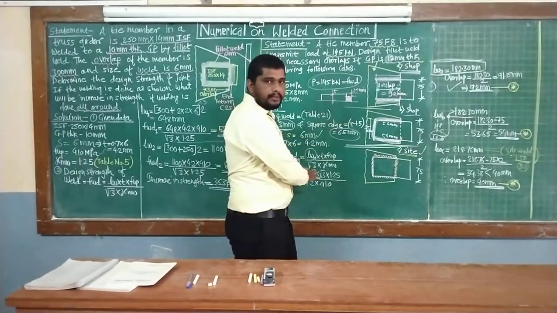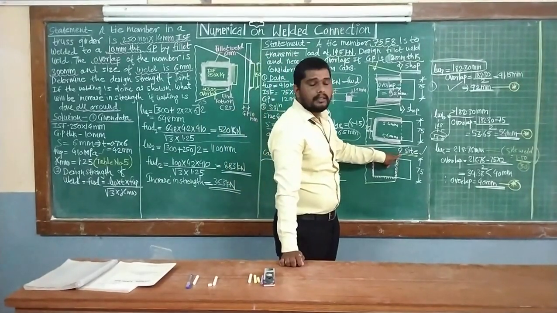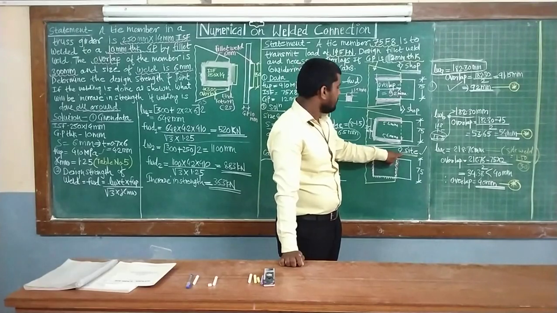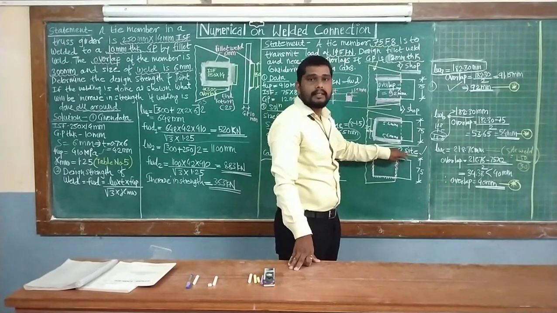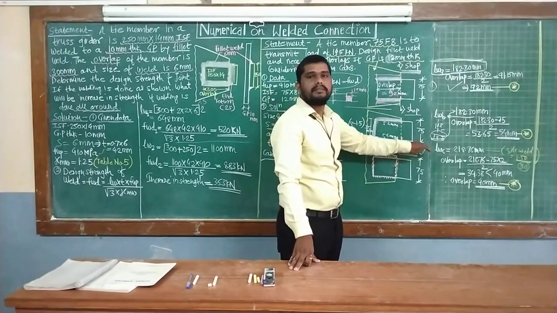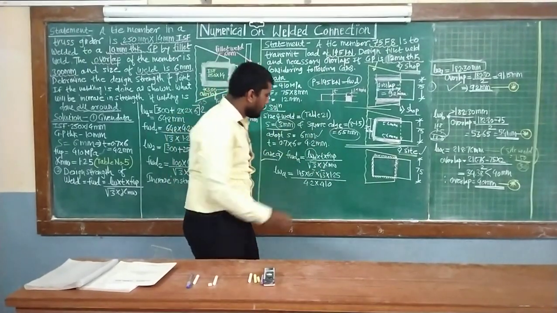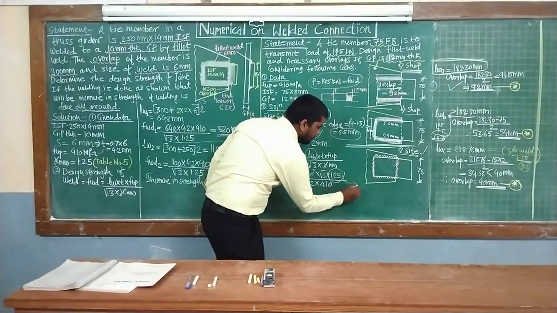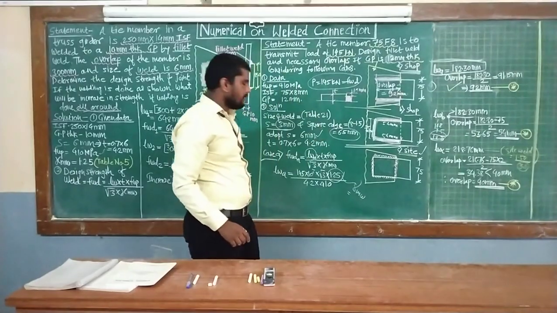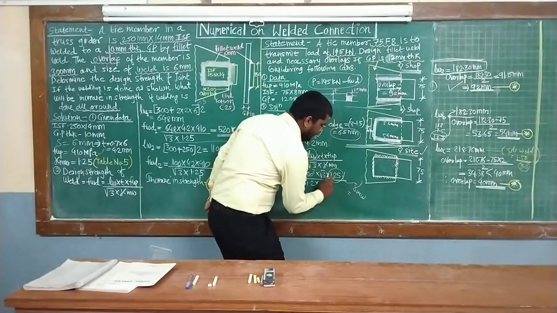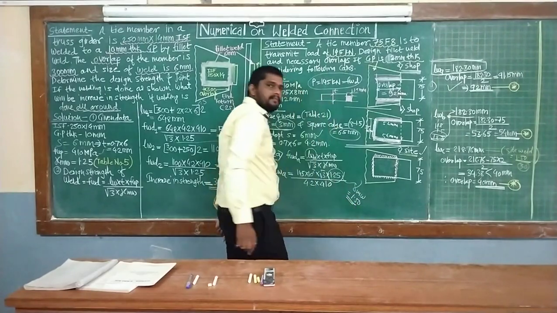Then the last case. Using the same formula, only the condition will vary. That is, these connections or lengths of the weld we are going to provide on the site, or we can call it on the field. So what will be the change in the equation? Only the partial safety factor, gamma mw, will have a different value. Instead of 1.25, the value will be 1.50.